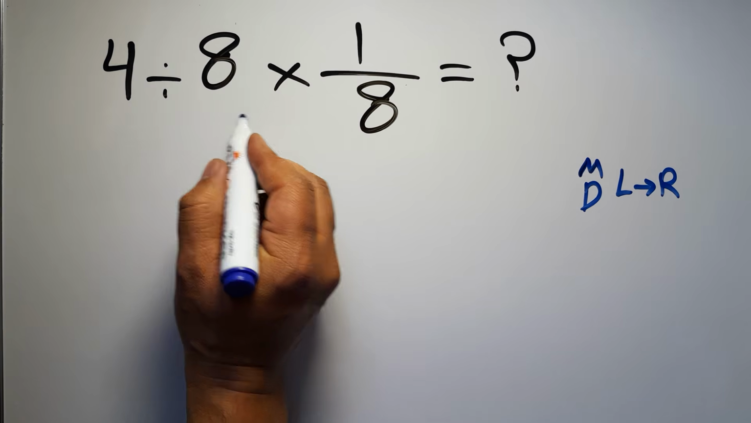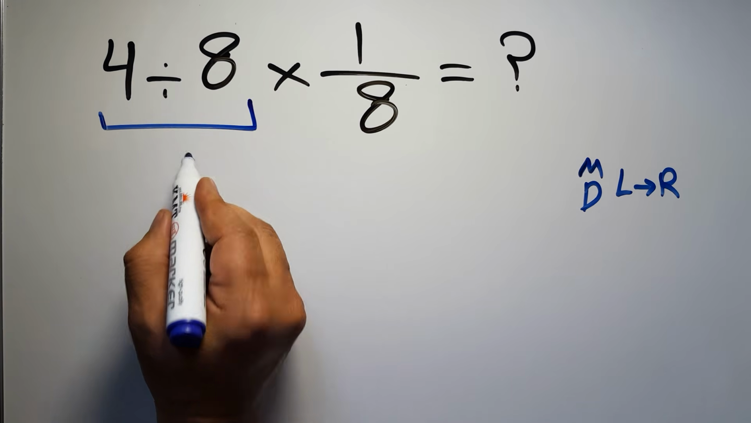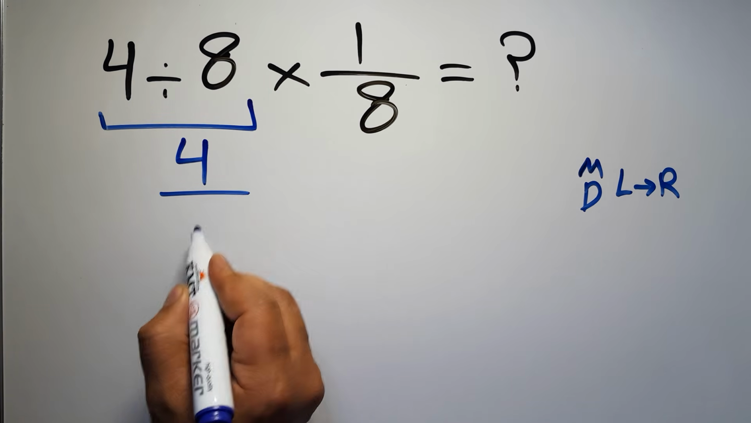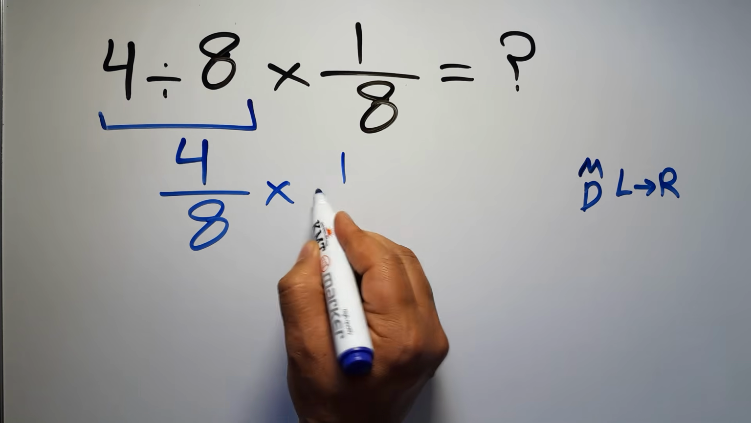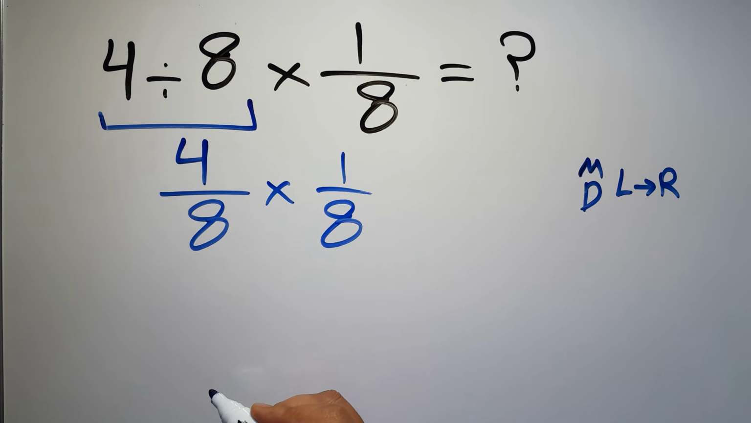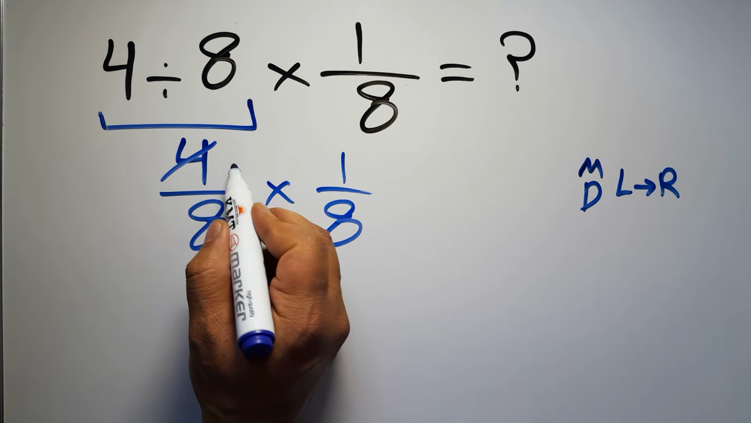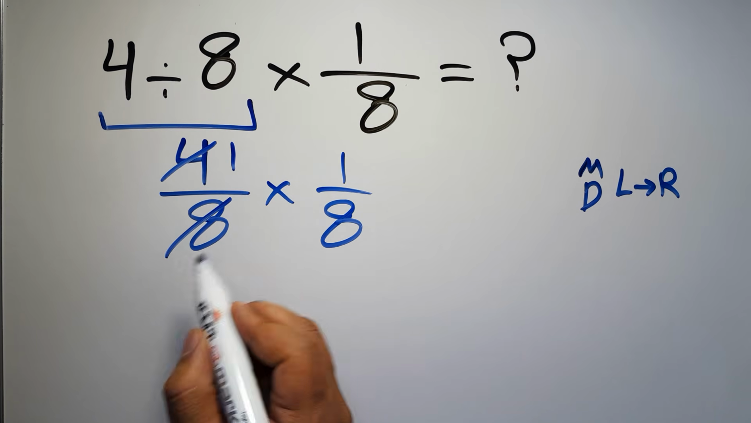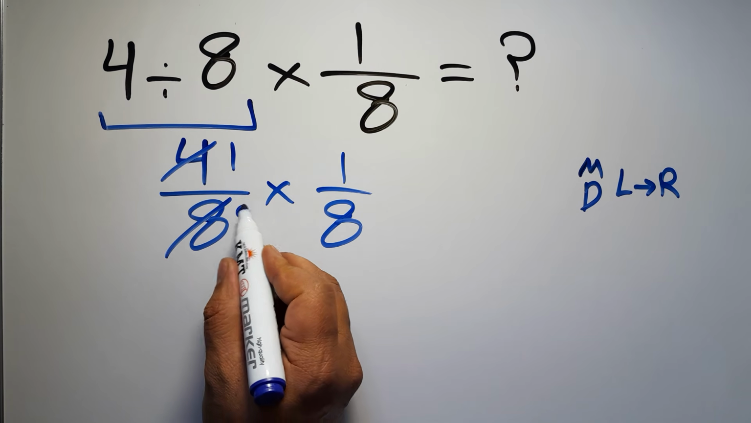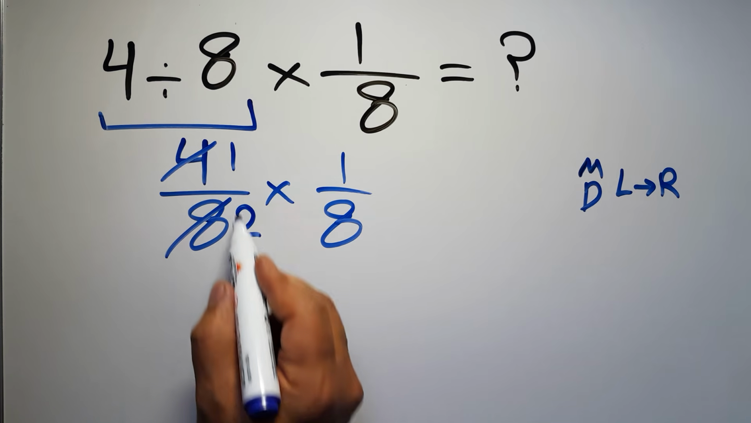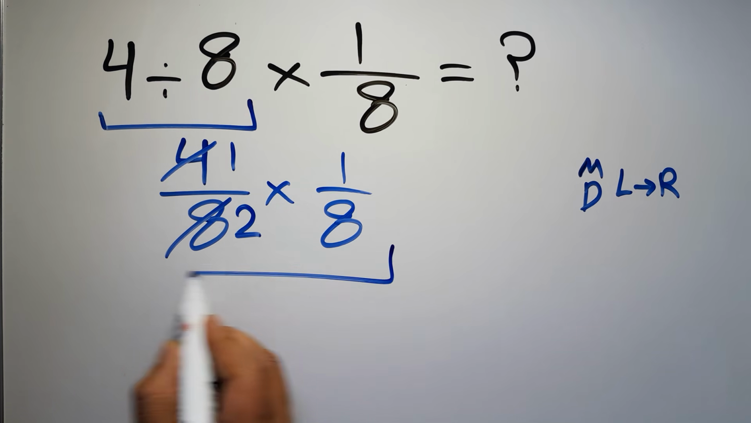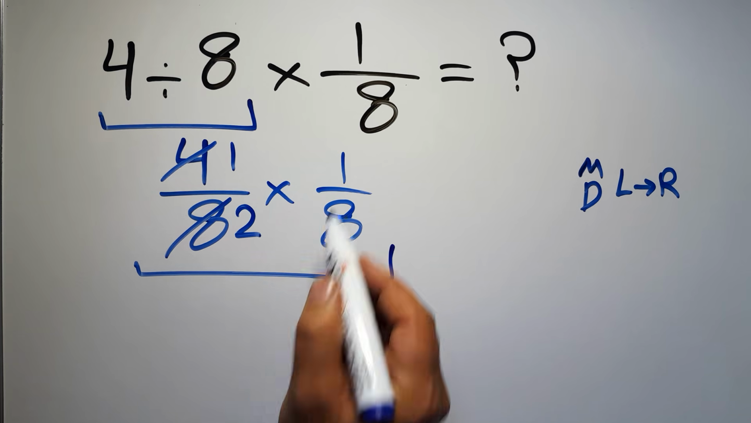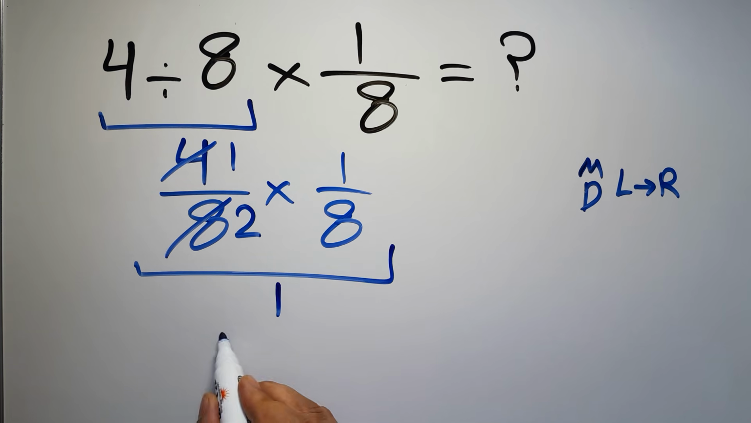4 divided by 8 can be written as 4 over 8. And times 1 over 8. Okay? 4 divided by 4 gives us 1, and 8 divided by 4 equals 2. So we have 1 over 2 times 1 over 8, which equals 1 times 1 gives us 1, so 1